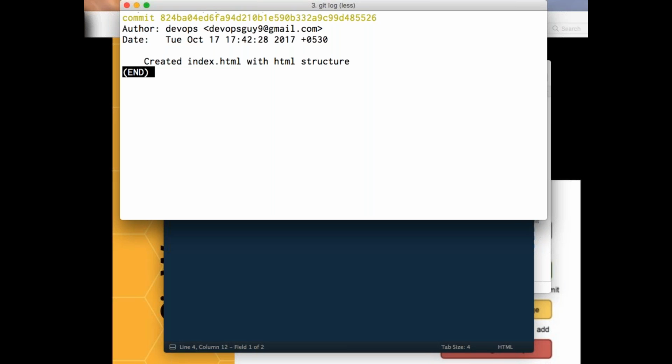Now I was able to commit it because I already did git config hyphen hyphen global user dot name, DevOps, and email. That's the reason I was able to do the commits. To make the commit, you should definitely go with the 2 steps which I showed you earlier. Git config, user.name, user.email. That is important.